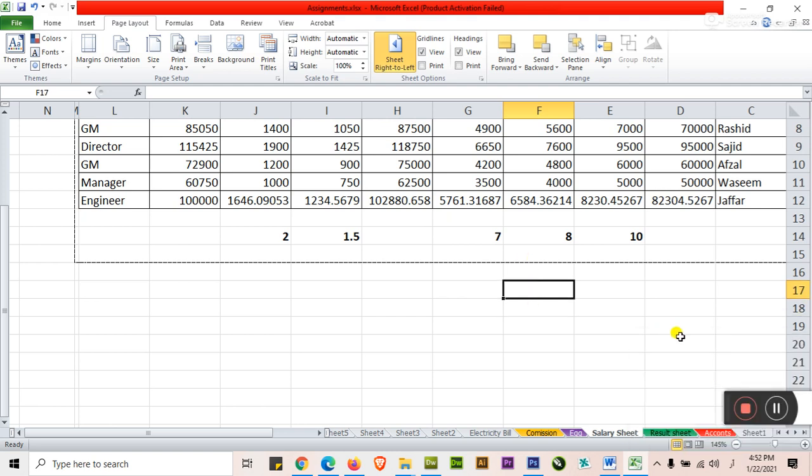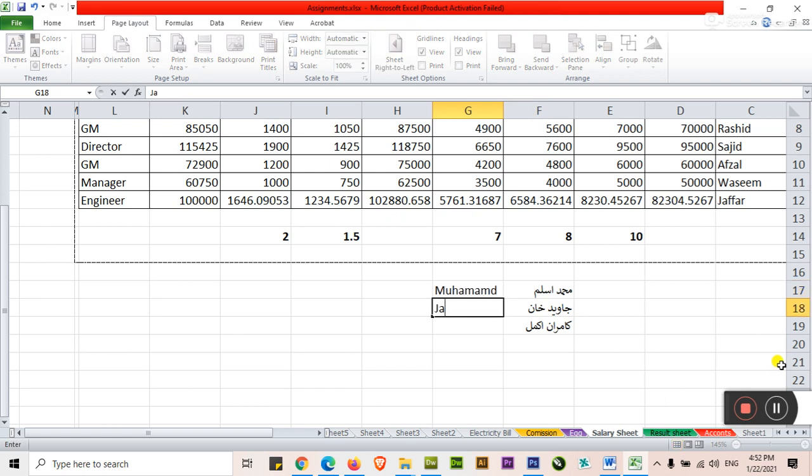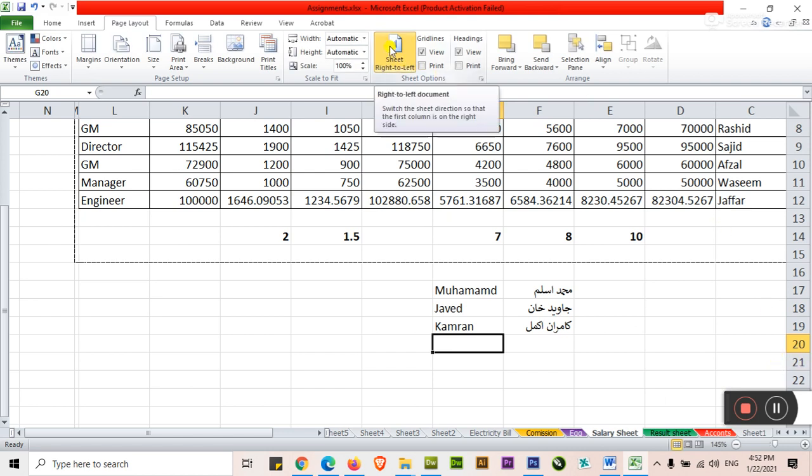Now I can type Urdu here. Again select the language and choose Urdu to English. Now I can type from left to right. Okay, I think this is for the right to left option.